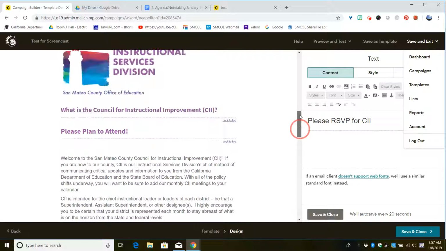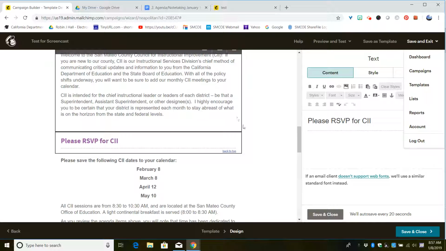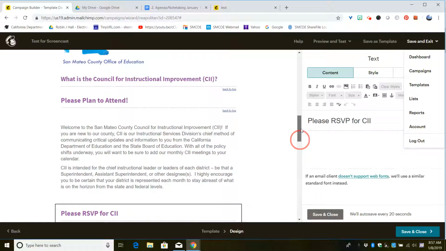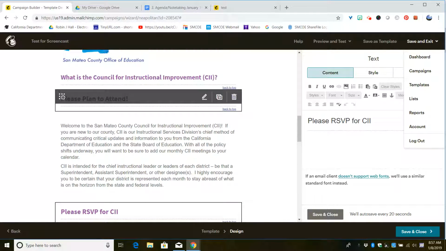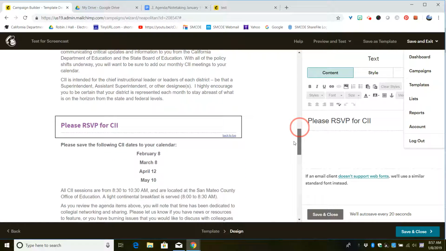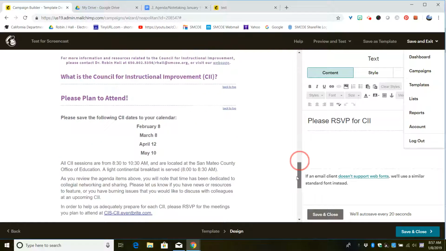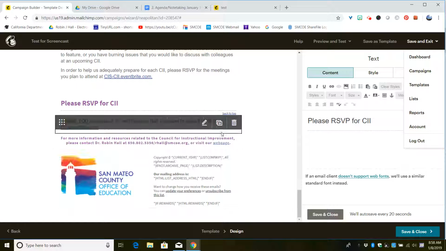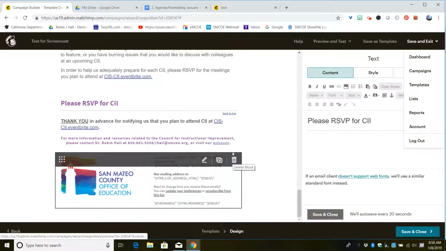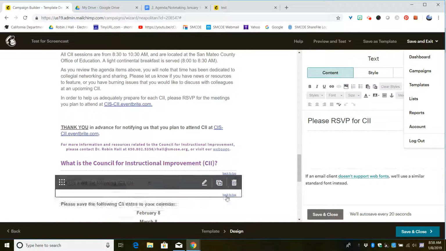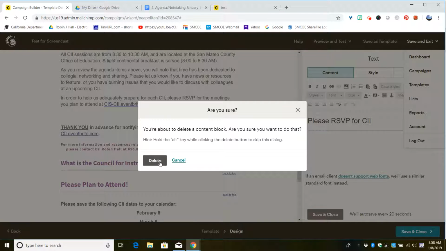Okay, so now we should have, please plan to attend. What is, and we're going to move this one down. Well, you wouldn't spend all this time on doing this because I just duplicated it, but you get the idea here. For some reason, it didn't just duplicate the, there we go. I think I almost have all the duplicates gone. The point being here,